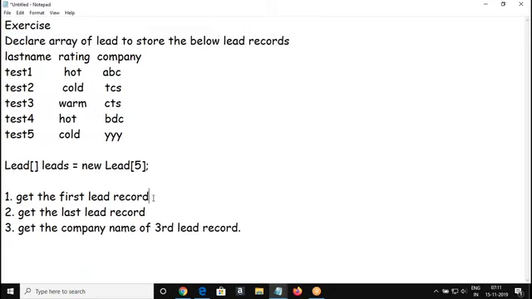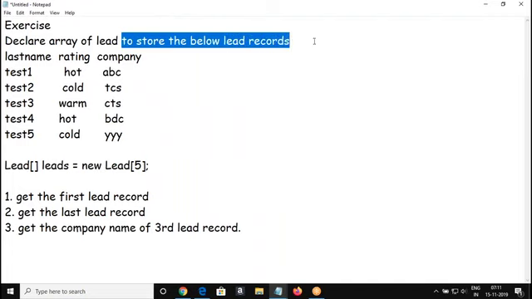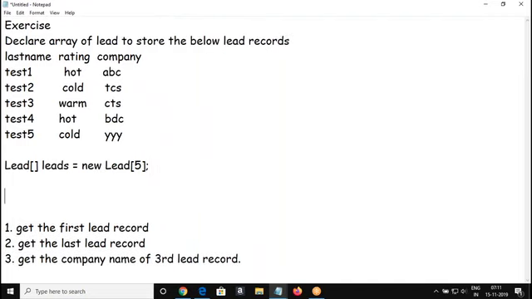The second requirement: even here we need to store the below records, right? So what type of element can I store here? Lead record. So let's create the lead record first. Lead L1 equal to... okay. So we are going with a different format here. We are already familiar with that format.